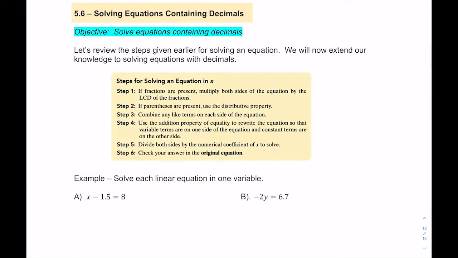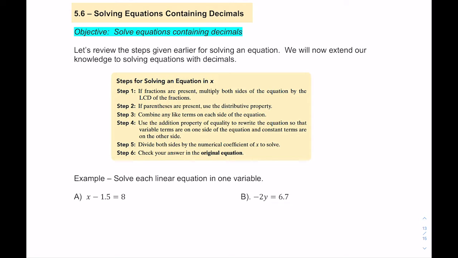Hi again, everyone. In this next video, we're going to look at solving equations containing decimals. So I gave you some steps that you could use when solving equations. Feel free to refer to those steps when you're solving equations. But just remember, there's no one size fits all. All equations are different. And sometimes you have to use different techniques, maybe in a different order, to isolate the